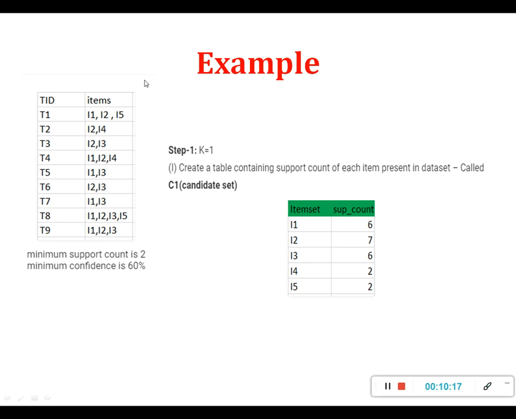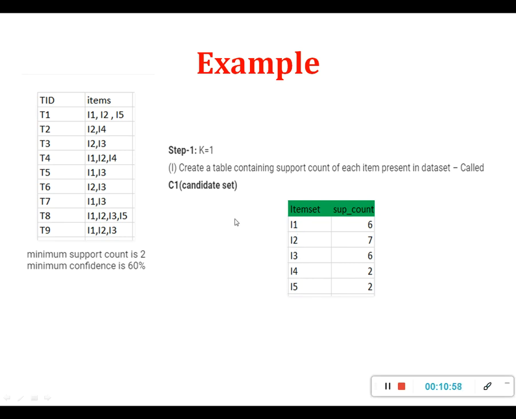If you look at the items, how many items are there? I1, I2, I3, I4 and I5. Only up to I5, the 5 items we have in our item sets. So I will make our item sets according to the value k equal to 1, that is the k frequent. That's why we are selecting a single item at a time. So moving from I1, I2, I3, I4 up to I5, we have selected the items as single 1 frequent. K frequent is nothing but now k is equal to 1. So I am selecting one item at a time in the item set: I1, I2, I3, I4 and I5.